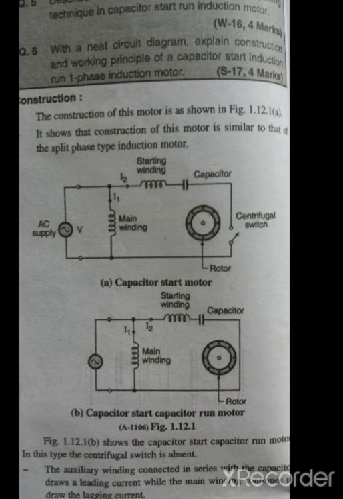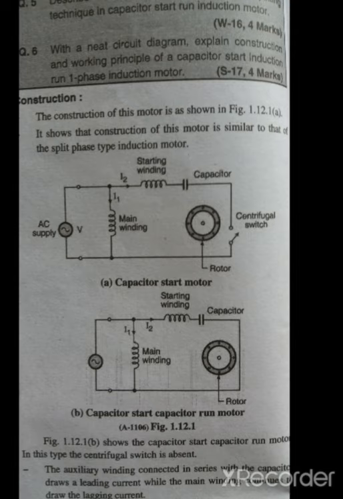Next, we are discussing the direction of the RMF, means in which direction the rotating magnetic field is rotating. The direction of the rotating magnetic field is dependent on the phase sequence. If the phase sequence is RYB, then it will rotate in clockwise direction. But if we change the sequence RYB to RBY, then the field starts rotating in anti-clockwise direction or in